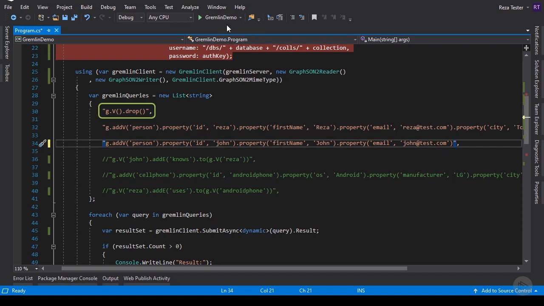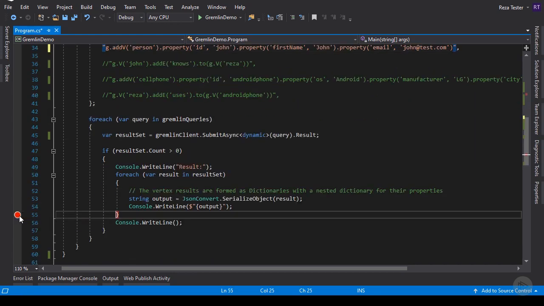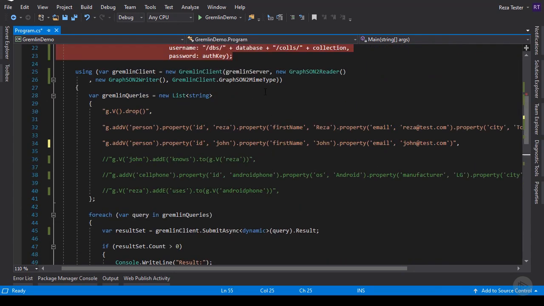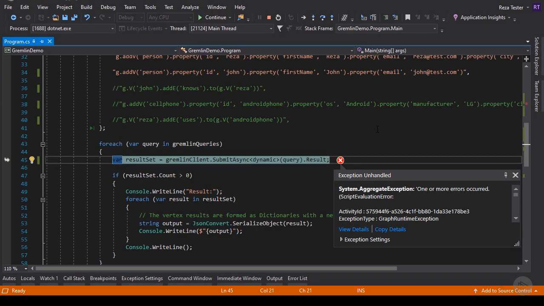Each time I'm running this code, I am cleaning up the graph. So this time I am going to remove the breakpoints and run this code. This code is going to throw an exception. So let's go and see why. So running the code, and as you can see, I've got an exception, and this exception is happening for the